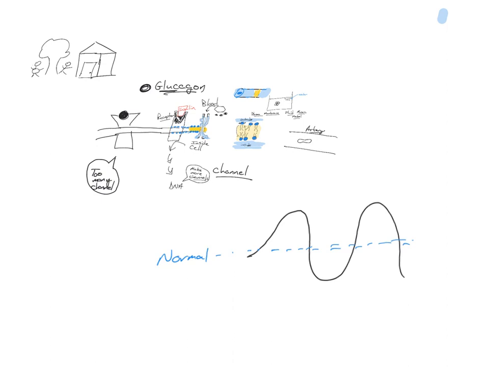But my point is this. How you get stuff in and out of the cell is going to be important. And this is just one example, one way. I talked about insulin right now because we went to the medical school and we had that series on insulin. And I think it's important that you understand that this is all connected. This insulin molecule is a protein. Glucagon is a protein. It's made by DNA in an organ called the pancreas. And this insulin and this glucagon are released into the blood, and that either makes doors that allow sugar in or gets rid of the doors to take sugar out or allow sugar to build up.